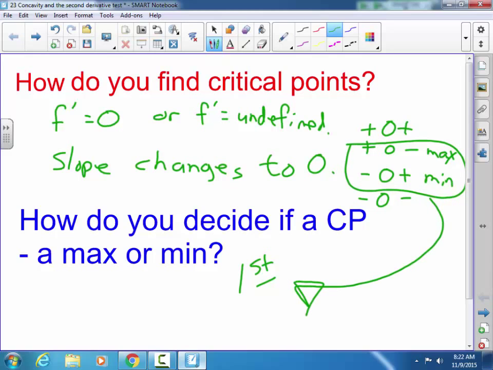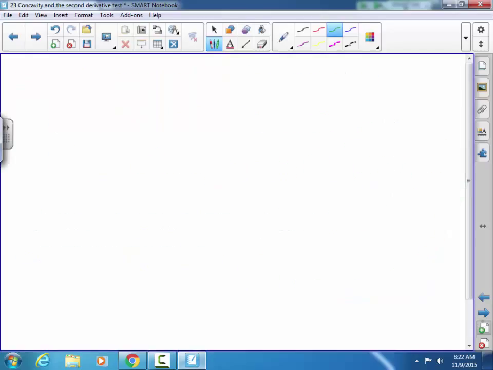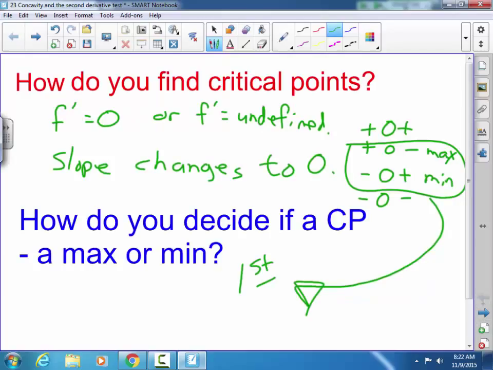And what do we have to do in order to use the first derivative test? What do we call it when we figure that out? We draw out a sign line, okay? So now that's all dealing with the first derivative and the first derivative test and finding out max or mins. Now, today we're going to talk about